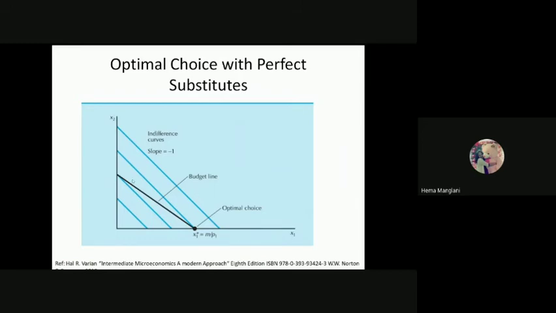As I was mentioning, if the price of P2 is greater than P1, then my demand would shift to the consumption of this X1 only. So I am consuming only this X1, and my optimal choice would be this point. Okay. If I say P1 is greater than P2, then my optimal choice would shift from this position to this position, and then I will consume only this. So this will no longer remain my optimal choice. And you may be somewhere between these two. Okay.